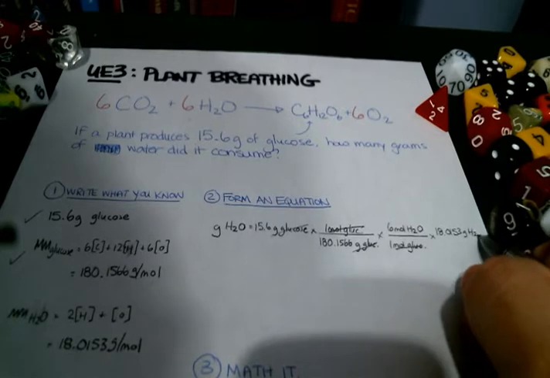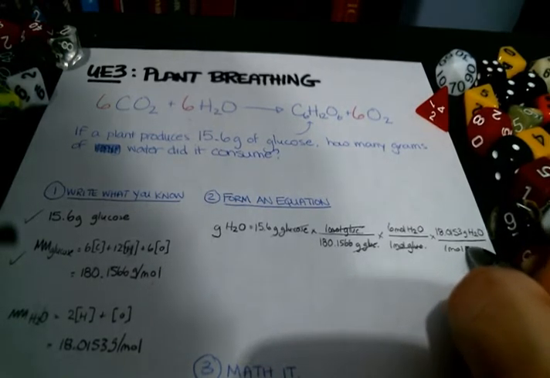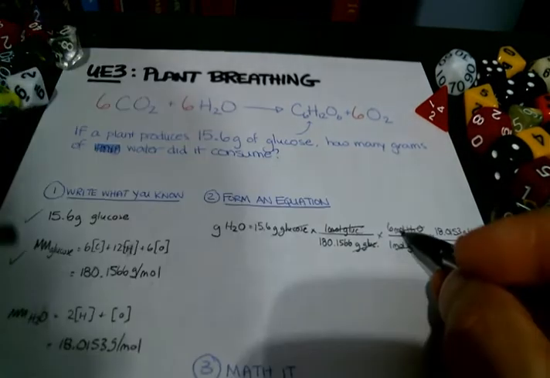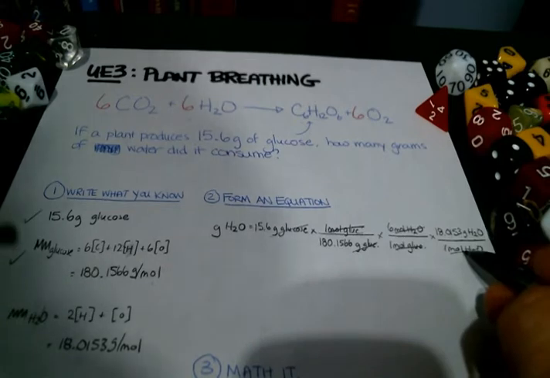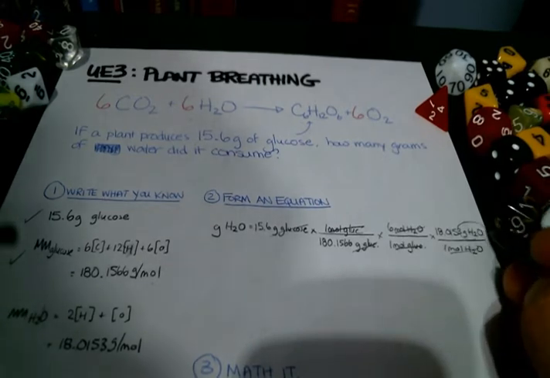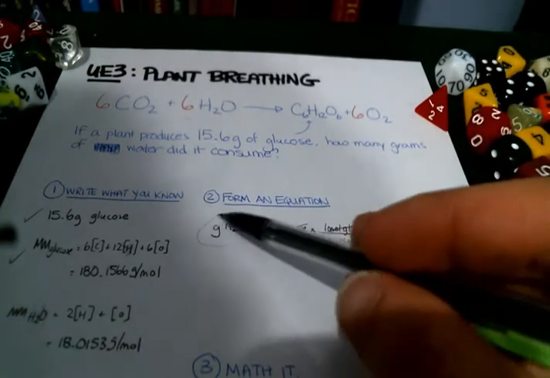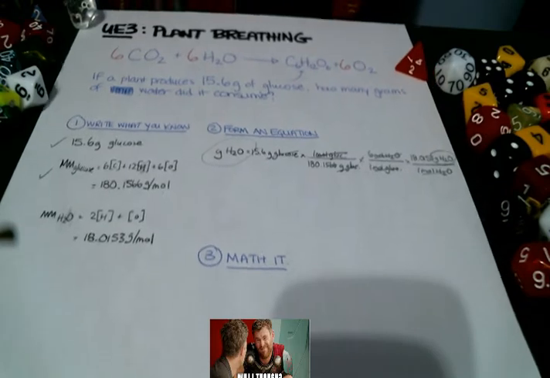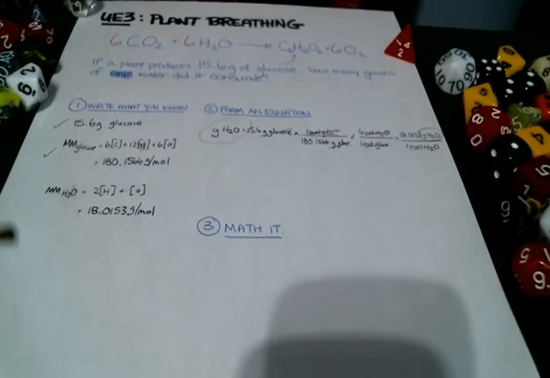I'm running out of space. Just enough space. It just barely fits. My moles of water and my moles of water are going to cancel out. That's going to leave me with grams of water, which again is what I wanted to find at the start of the question. So I should at this point be able to just put the numbers in that I need based on what's left over, punch it into a calculator, and figure out what the grams of water is